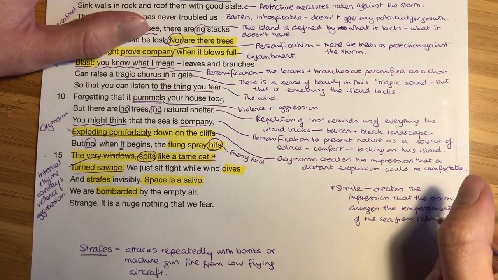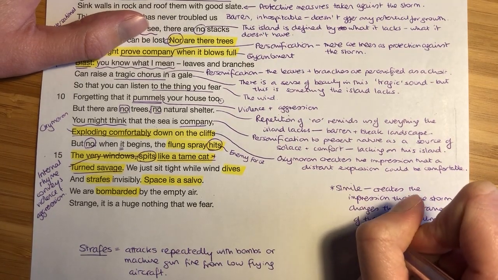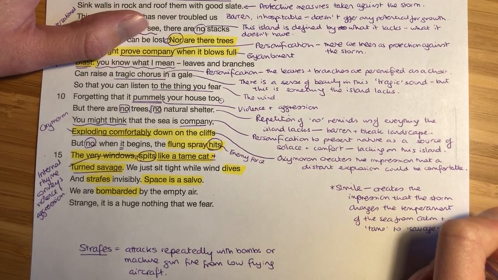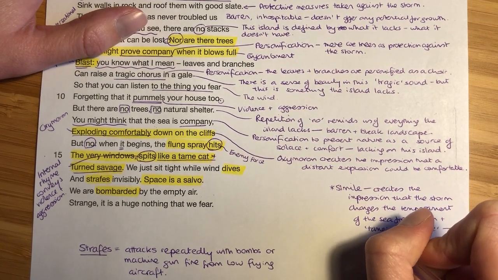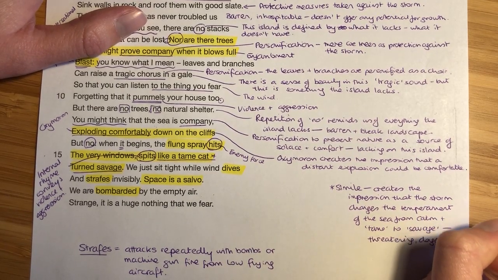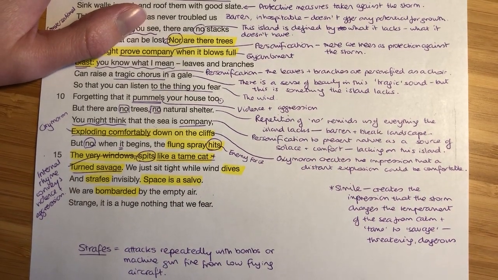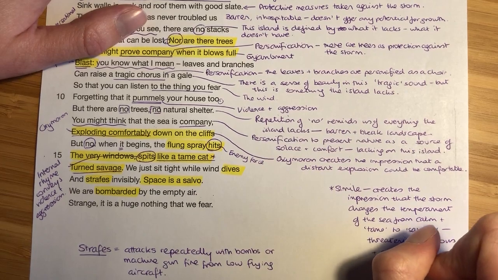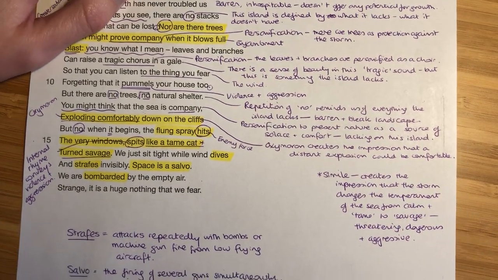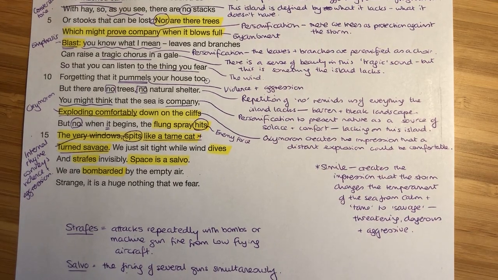From calm and tame to savage. So it becomes threatening, dangerous, and aggressive. Okay, so